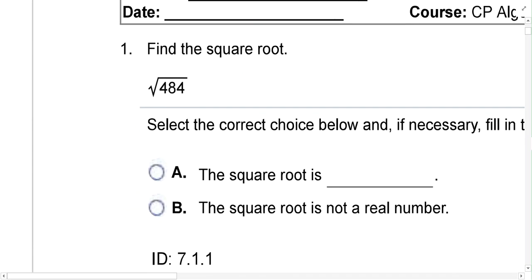Now, a radical is simply a root of some sort, and most of the radicals that we deal with in the Algebra 2 class are what we call square roots. And even though we don't write it, it's implied that there's a little number 2 sitting on the shelf of this radical symbol. And that's telling us that what we're looking for when we apply this symbol is a number that multiplies by itself twice,